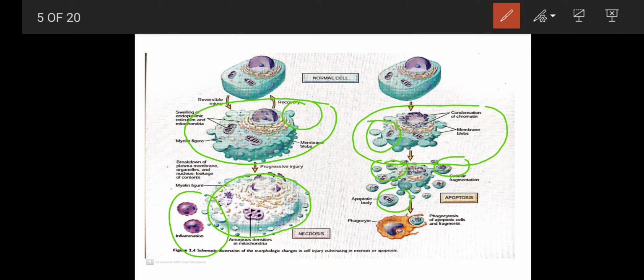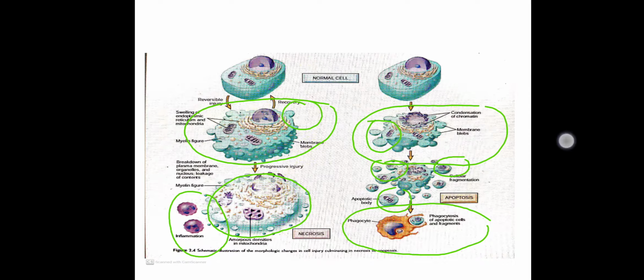See how in case of necrosis we have inflammatory cells, so necrosis is always accompanied by inflammation, whereas apoptosis does not have inflammation. And remember, all apoptosis ends by phagocytosis of the apoptotic bodies by the phagocyte. Also, necrosis is always pathological, whereas apoptosis can be pathological or physiological. Hope this slide is clear.